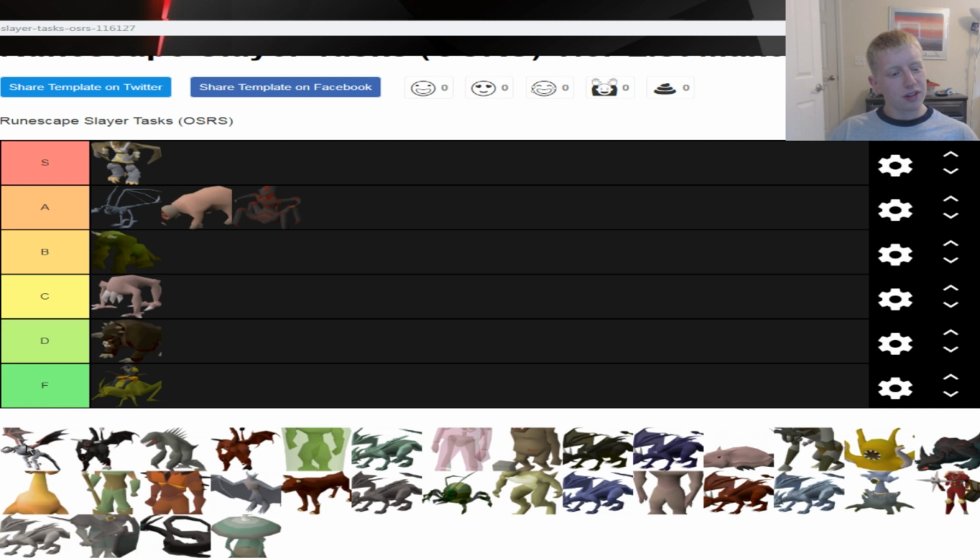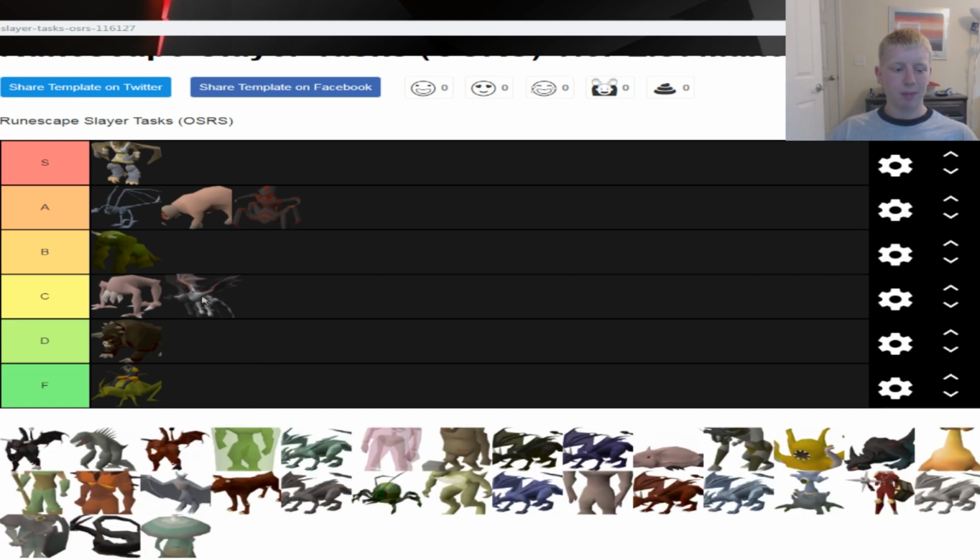Fossil Island Wyverns. Once again, I skip it very often. It's not something I'd ever block, but it's not something I seek out. It's not something I'm really happy with whenever I get it assigned. I'm going to put it in C tier. Ancient Wyverns are pretty good money, I guess. Sometimes I kill those, but...